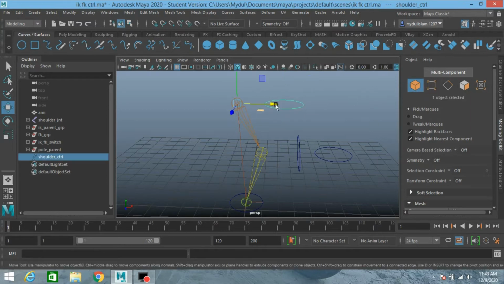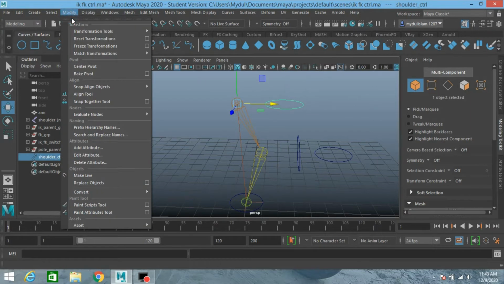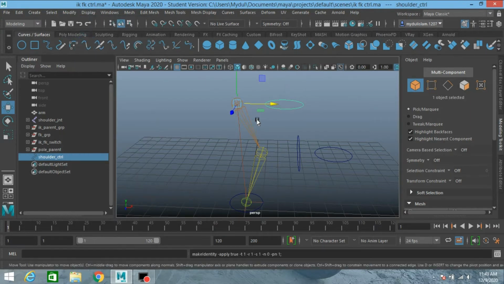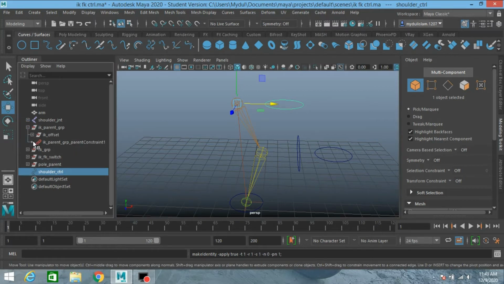Go to object mode. Now go to modify, click freeze transformation. Now open your IK controller.